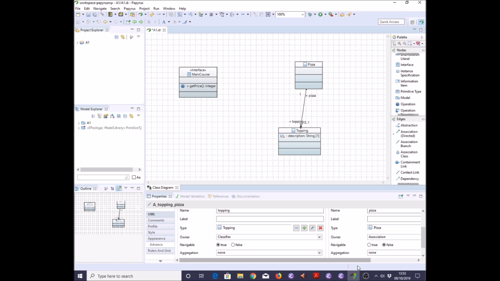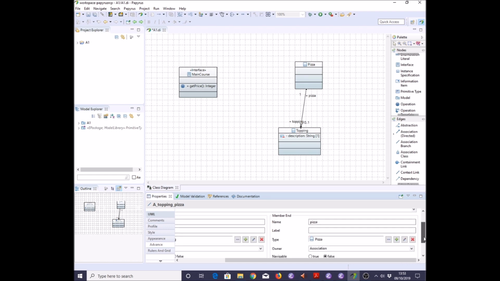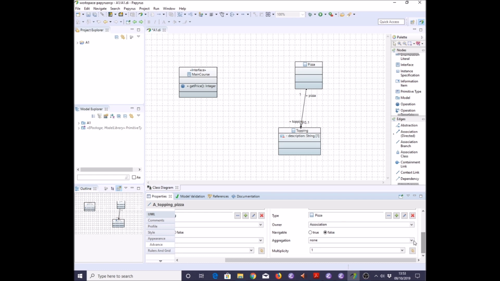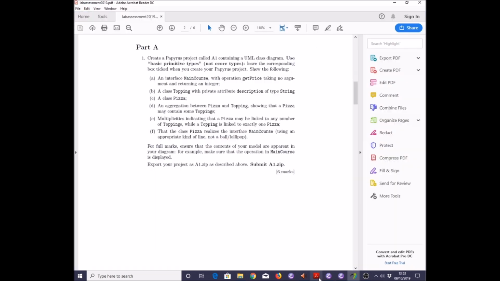So that probably means that we want the aggregation end. Aggregation shared, that's what we want. Oh no, that's the wrong end again. That I find really curious. Don't know about you. I expect it to be that end. But let's have a look and do it that end, since that's what you want. Good. Okay. Pizza contains some toppings. Now, we haven't been told anything about navigability. I think this is the default navigability we would expect, so let's leave that for a moment